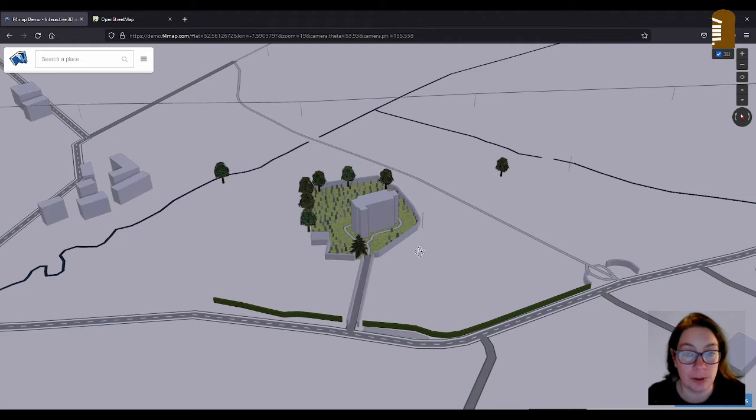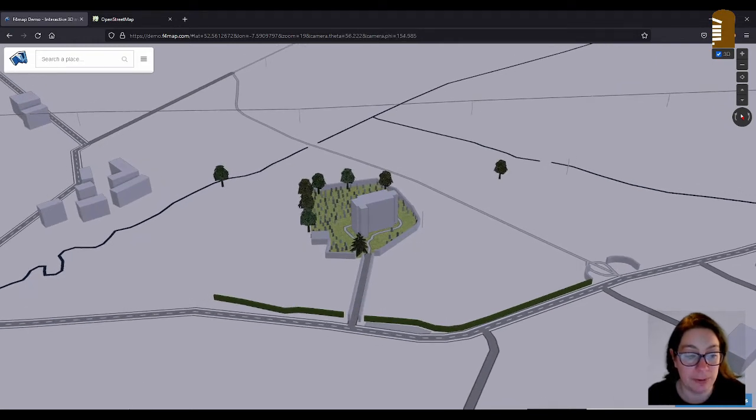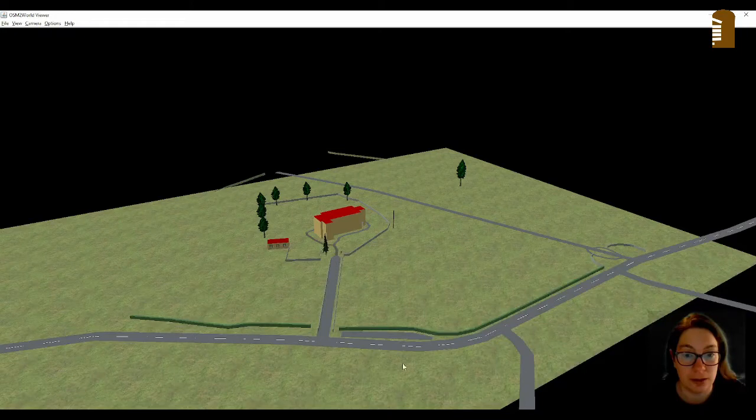So this is what it looks like in F4 map, and this is what it looks like in OSM2World Viewer. When I do these kinds of 3D mappings, I do it in JOSM because it's a bit easier to square off building parts and so on. But because I haven't done any JOSM editing, I'll have to stick to the iD editor.